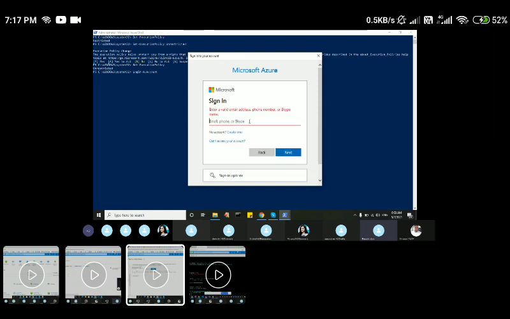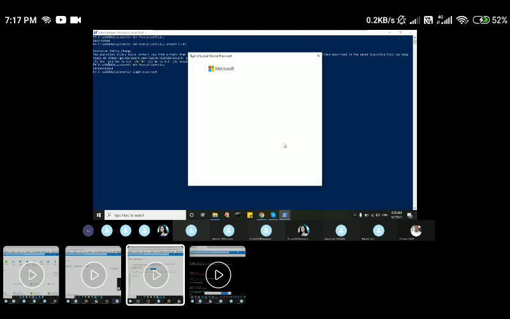You have to give your email ID and password so that you will be able to log into the portal. Just cancel this operation. I'll tell you.